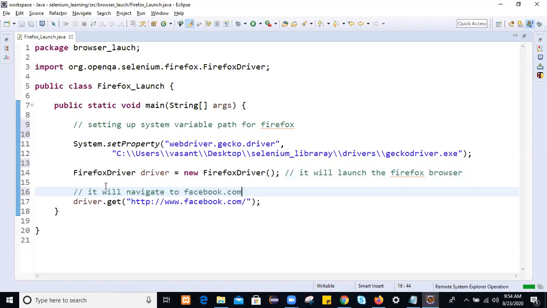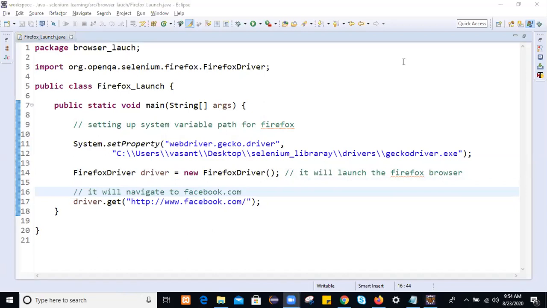Let's check it. Simply use Control F11 to run this file. Let's see whether it launches the browser and navigates to Facebook, or else we again get an illegal state exception.